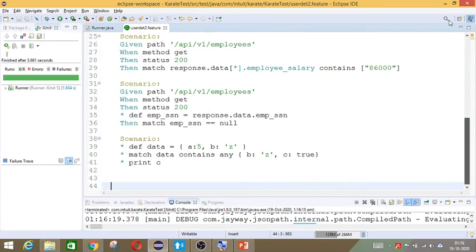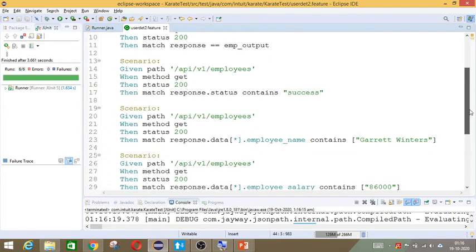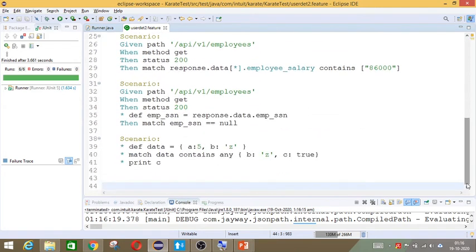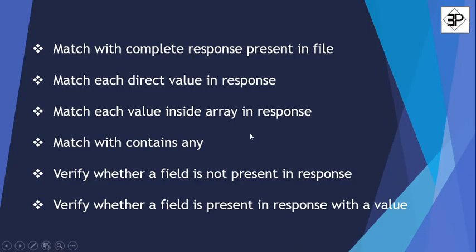So these are the various ways in which you will be creating or validating the responses that we will receive here in the JSON. I think we have covered everything we have done. Match with complete response present in file, and you have also checked whether the value you want to ignore, and match each direct value in the response inside an array contains any.